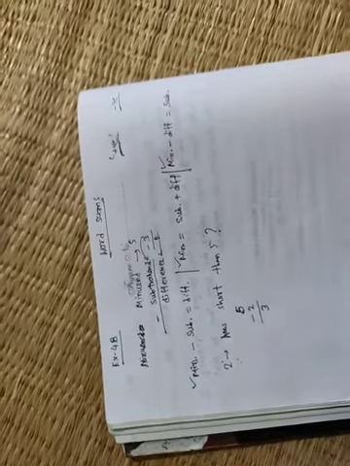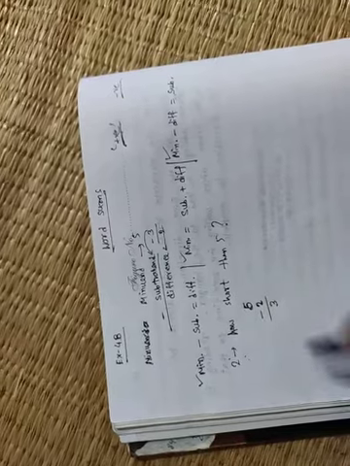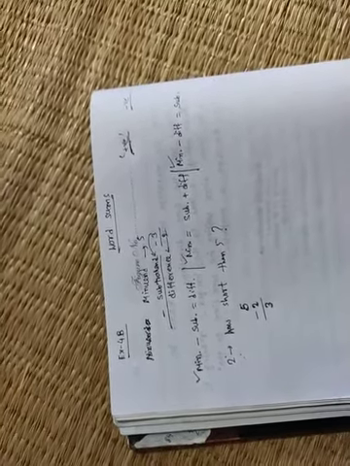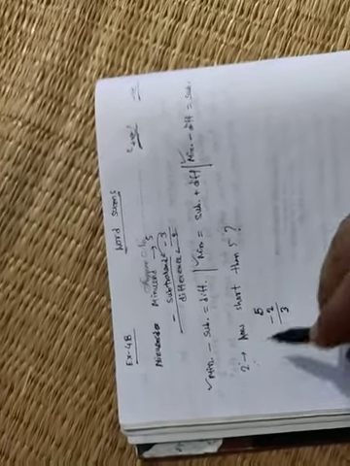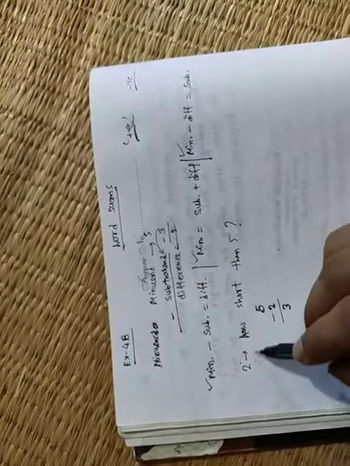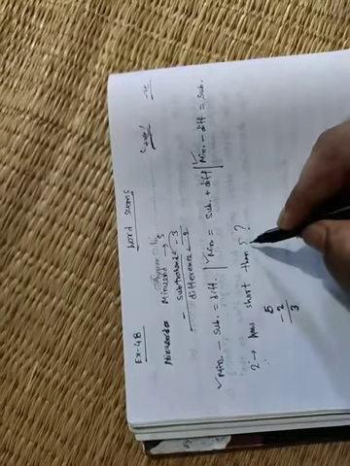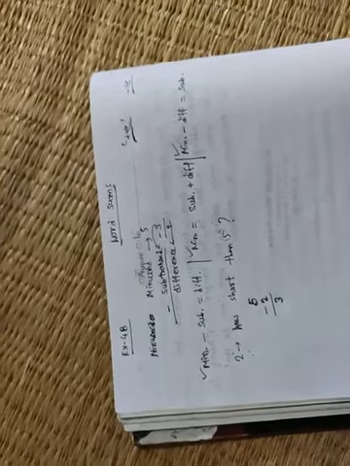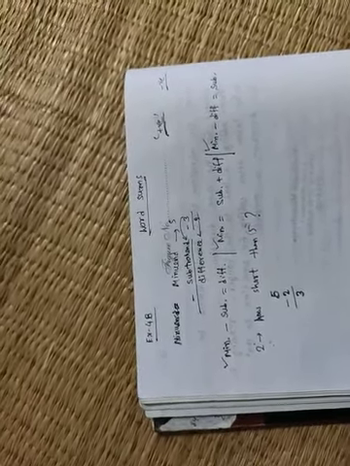So what do I say? I can say that 2 is shorter by 3 than 5. Clear? So when you are asked how much shorter any number is than another number, then you have to subtract from the large number. Okay, understand? So now I will start the exercise questions.